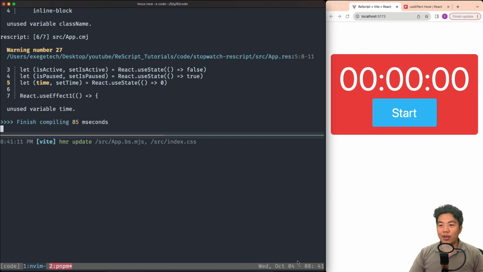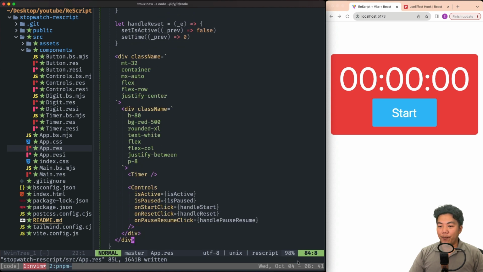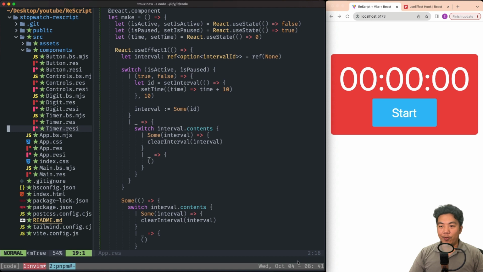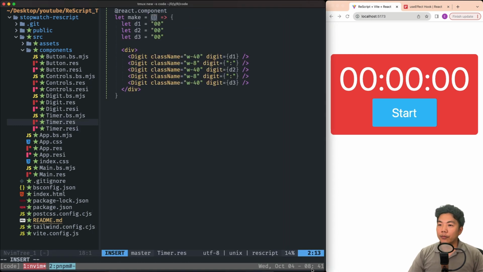Now I know that I forgot something. Let's use the time variable. We're going to put the time variable into the timer, of course. And we're going to change the timer function signature. Now we can finally use it. I'm going to write a helper module to help me format this time value.